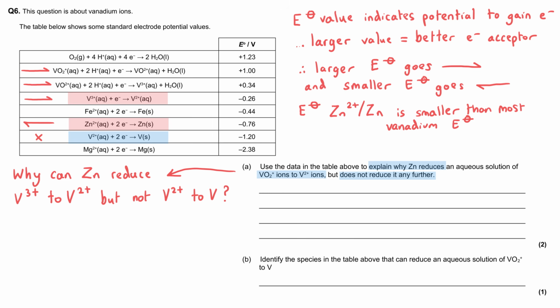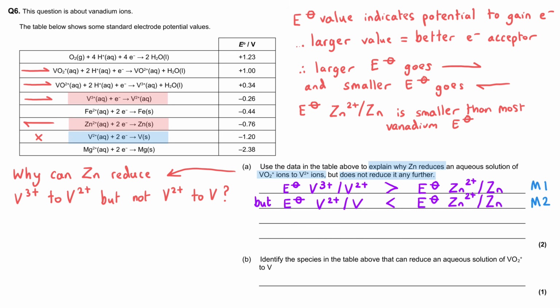And so for the first mark, we need to say that the vanadium 3+ electropotential is larger than the electropotential for the zinc half equation. And this is why it can reduce the vanadium 3+ to 2+. But the electropotential for V2+ is smaller than the electropotential for zinc 2+, and so that's why it can't reduce the V2+ to V. This would get us the 2 marks for this question,